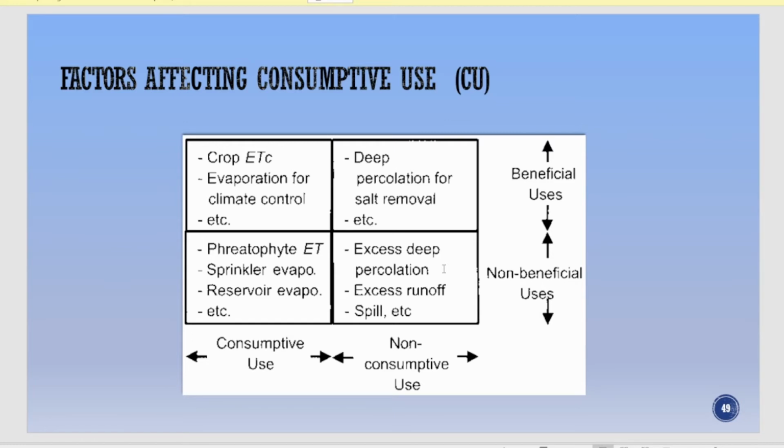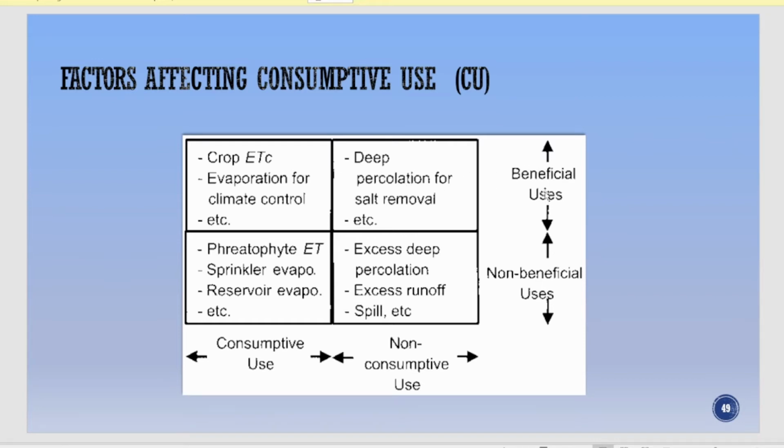slide. In this slide, what I'm trying to show you is a diagrammatic or chart representation of the consumptive uses that take place. If you look at this figure, there are terms placed in several boxes, and these are the four boxes that we have. The first two boxes will be considered as the terms which are beneficial for the crop.